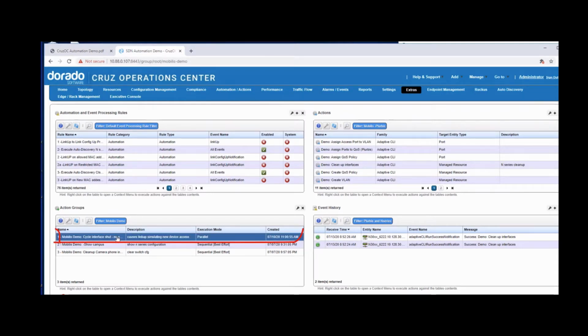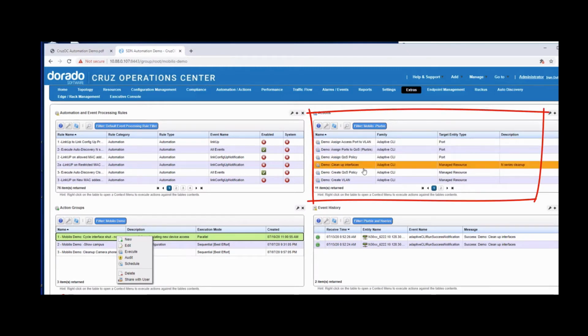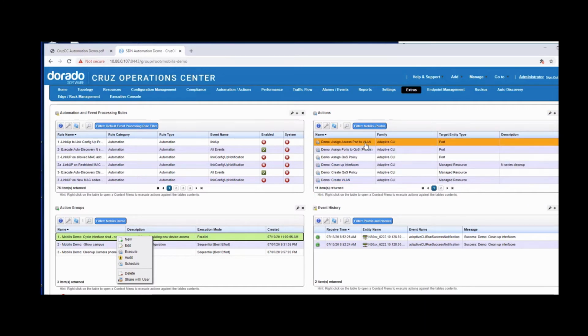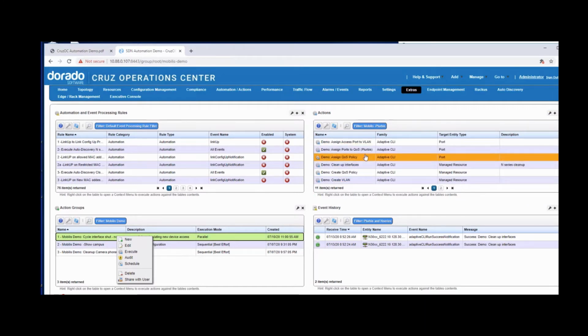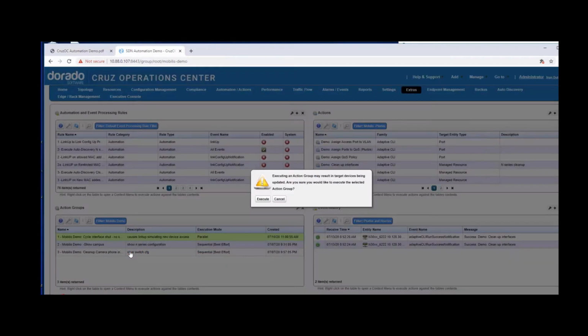Okay, so here we have an action group that we're going to use to kick off our demo today. These action groups are simply a combination of actions, our normal actions framework. You can put any number of these into an action group to do various things, and today I'm just kicking this off with a shutdown and a no shutdown on a couple of interfaces that we're going to be testing today. Now this is simply to mimic the plugging in of a device into the network. So we're going to execute this,